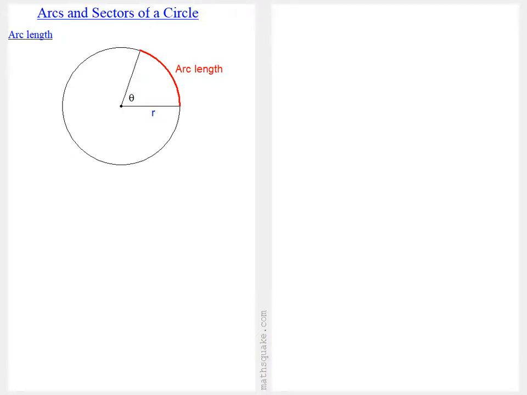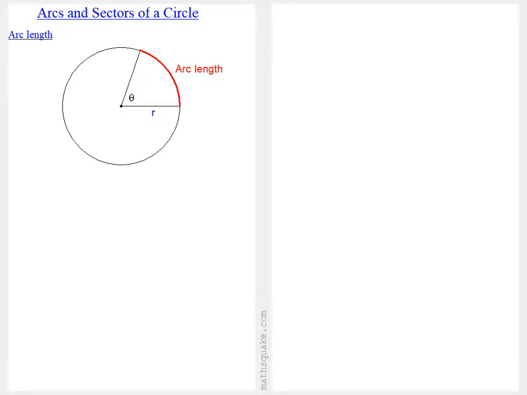Arcs and sectors of a circle. We might want to work out the length of an arc of a circle. To do this, consider a circle with radius r and an angle theta measured in radians at the centre of